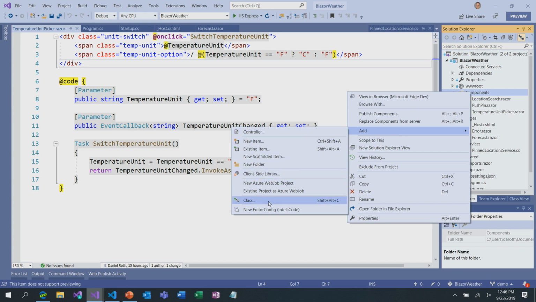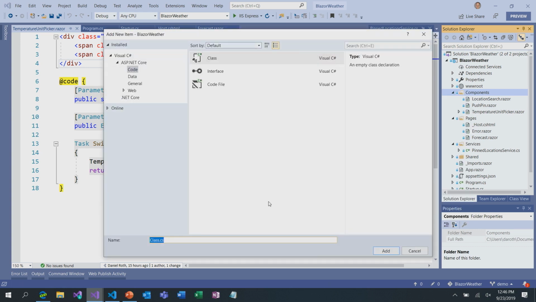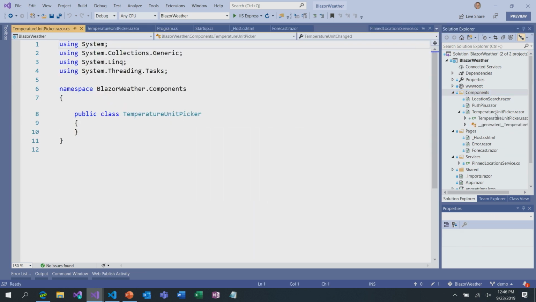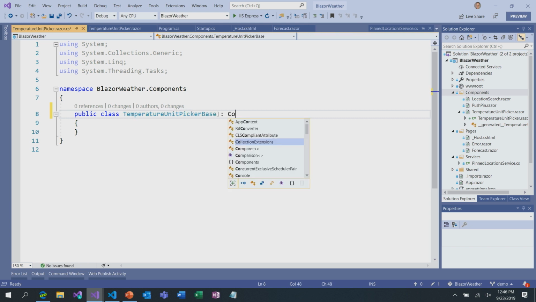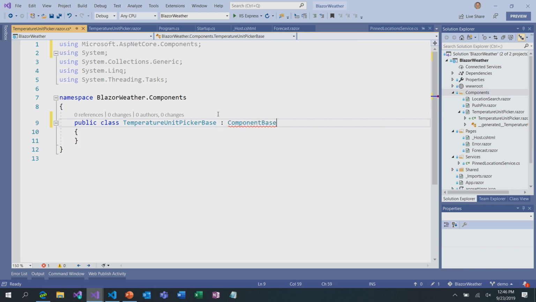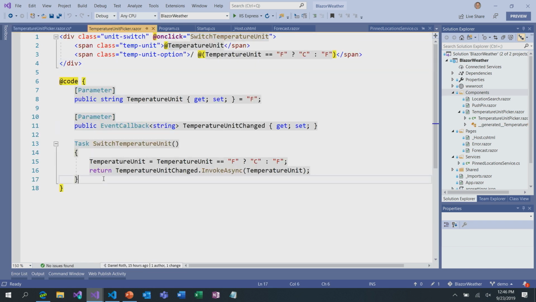You're going to add a new class. You're going to call it the same file name, TemperatureUnitPicker.razor.cs. And if you did it right, it should nest nicely underneath. It did. All right, great. And then I usually call, this is going to be an inheritance model. The code behind will be a base class. So I usually call the base class the same name as the component with Base. And it needs to derive from ComponentBase. Let's get the namespace for that. Good. And then you can just copy all the code out of the code block,